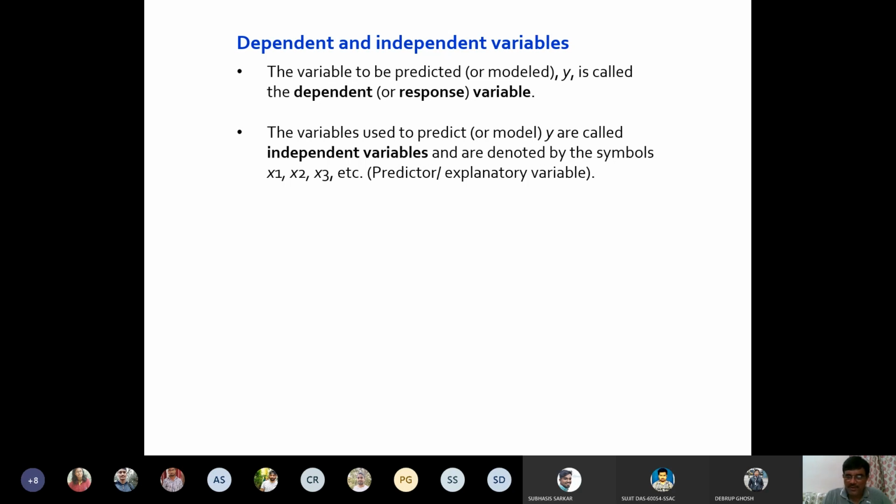For example, if I consider that dry matter will decide the plant height, I can take plant height as the dependent variable and dry matter as the independent variable. If I think that a taller plant will have more dry matter, then I can keep dry matter as the dependent variable and height as the independent variable. So many times it depends upon our choice how we want to decide it. But in general, in a fertilizer yield function, yield is the dependent variable and fertilizer is the independent variable.